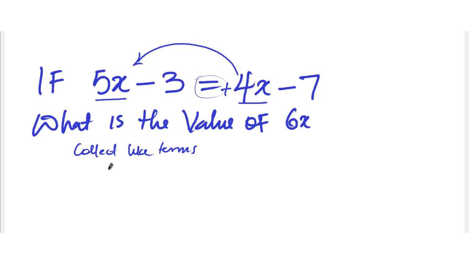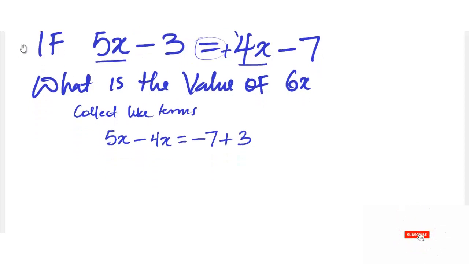So this one will now be what? 5x. So plus 4x is coming, will now turn to minus 4x, will now be equal to minus 7. So minus 3 is going here, will now be plus 4, right? Because it is minus 7 plus 3, because this minus 3 is crossing this equality sign and it's turning to plus. So 5x minus 4x will give us